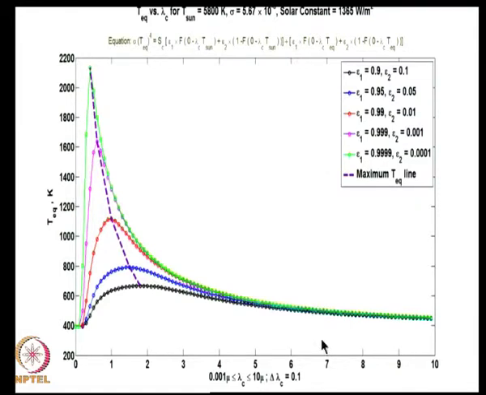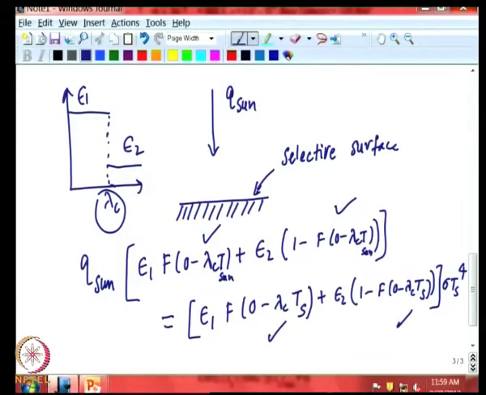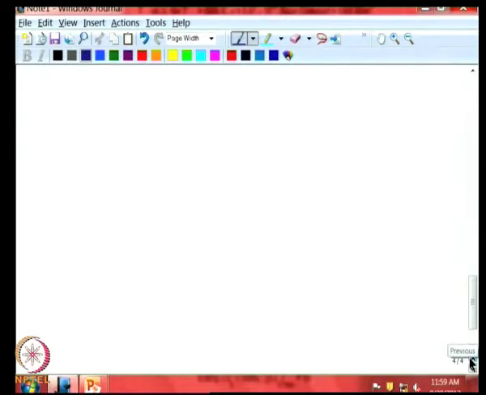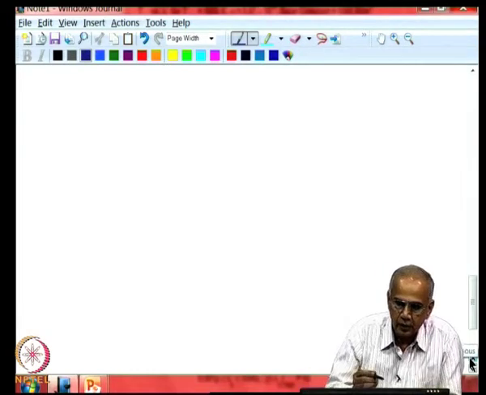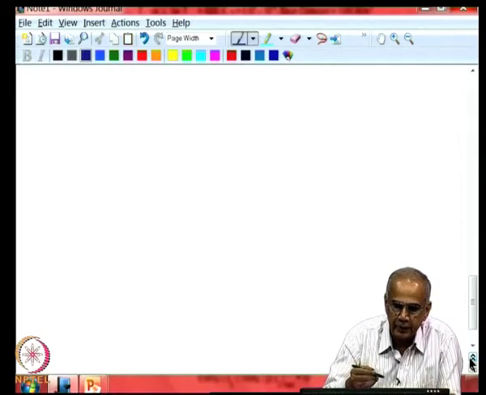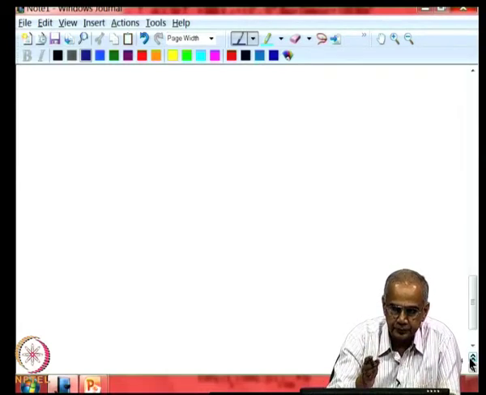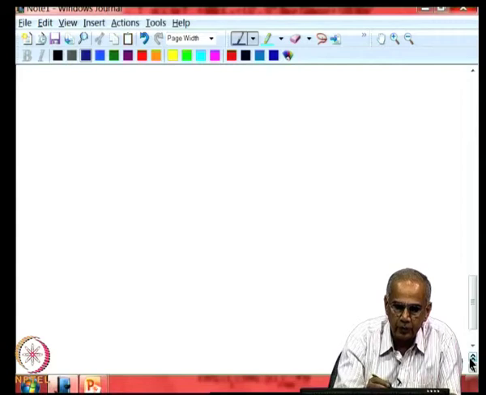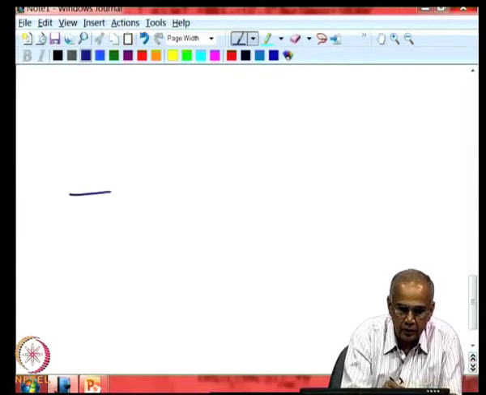Now, let us look at the next example. Now, here let me read it. This is the equation we wrote, in this case where I am trying to keep the temperature cool. So, in this case we think of an application in space where a certain surface has to be kept cool although it is absorbing solar radiation. Here I want to make the problem a little more complicated.